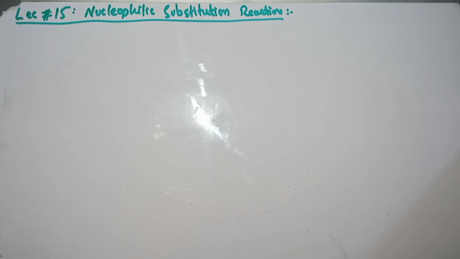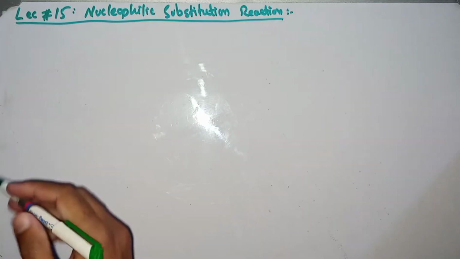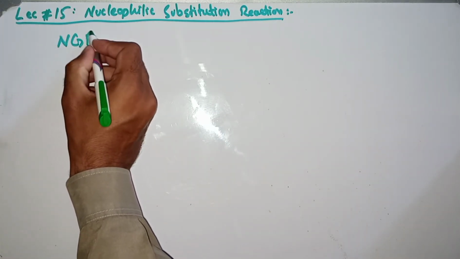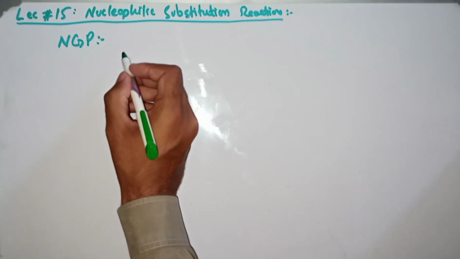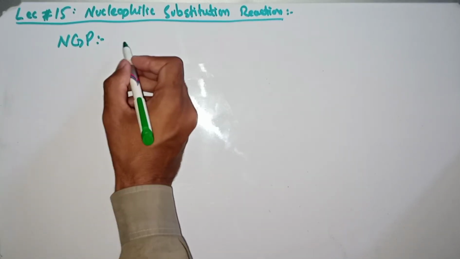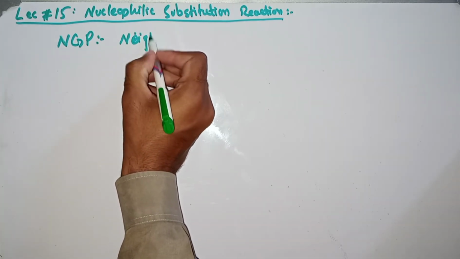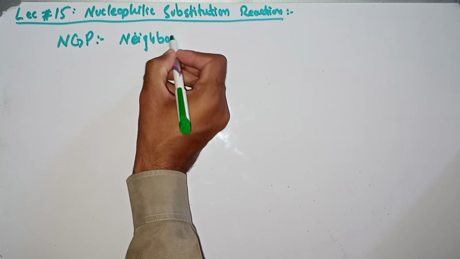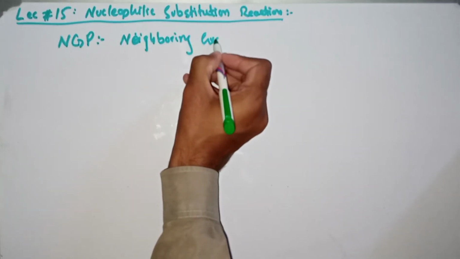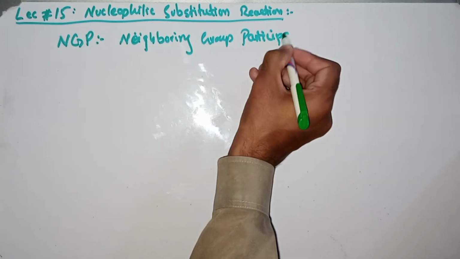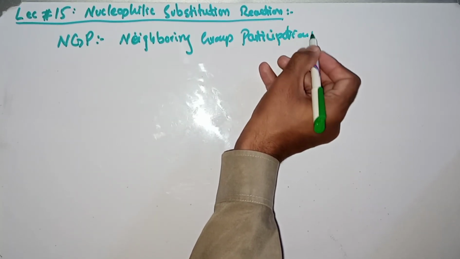Let's start today's topic. Today is lecture number 15 of nucleophilic substitution reaction. In today's lecture we will be studying about the NGP. NGP means neighboring group participation. Today we will be studying about neighboring group participation, that is, the effects of different groups